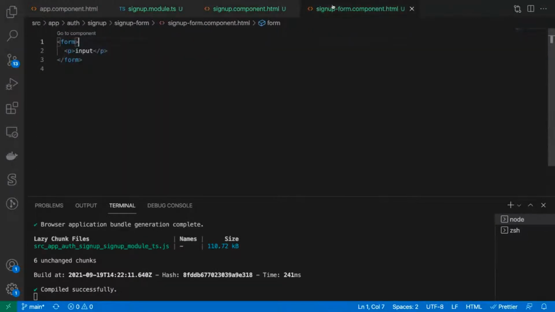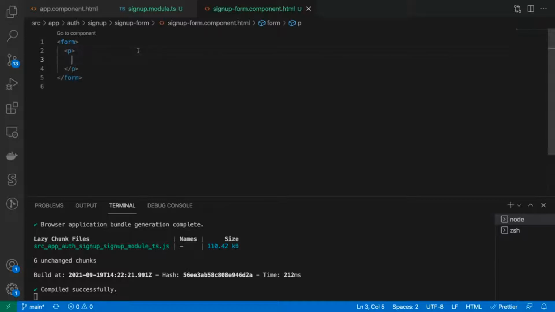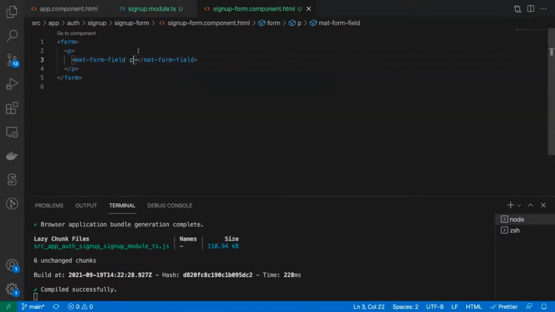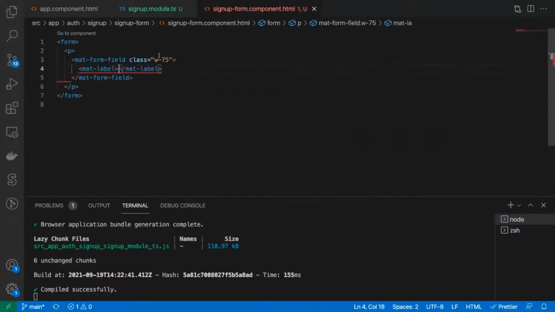Now, here in my form, I don't need the sign up component anymore because I'll be working in the form itself. What I'll do is I'll first of all bring a mat-form-field. Okay, I want it to be about 75% of the width I have. So w-75. Inside here, I will add a mat-label, and the label will be name because I want name, email, password, and confirm password. I just want four fields, right? And then an input inside this,